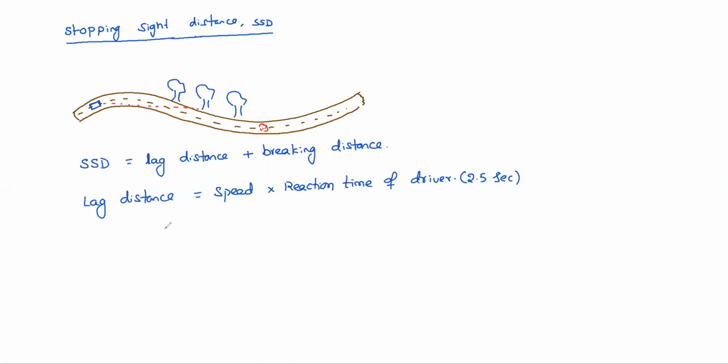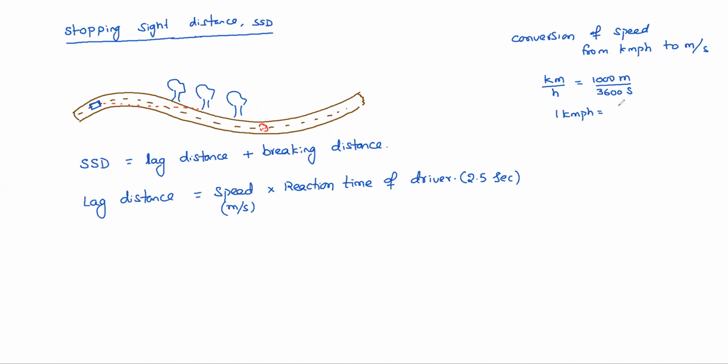Next, speed: generally we need to take speed in meters per second. So how do we convert speed from kilometer per hour to meter per second? You see here, conversion of speed from kmph to meter per second. Kilometer per hour: kilo means 1000 meters, hour means 3600 seconds. So 1 kmph